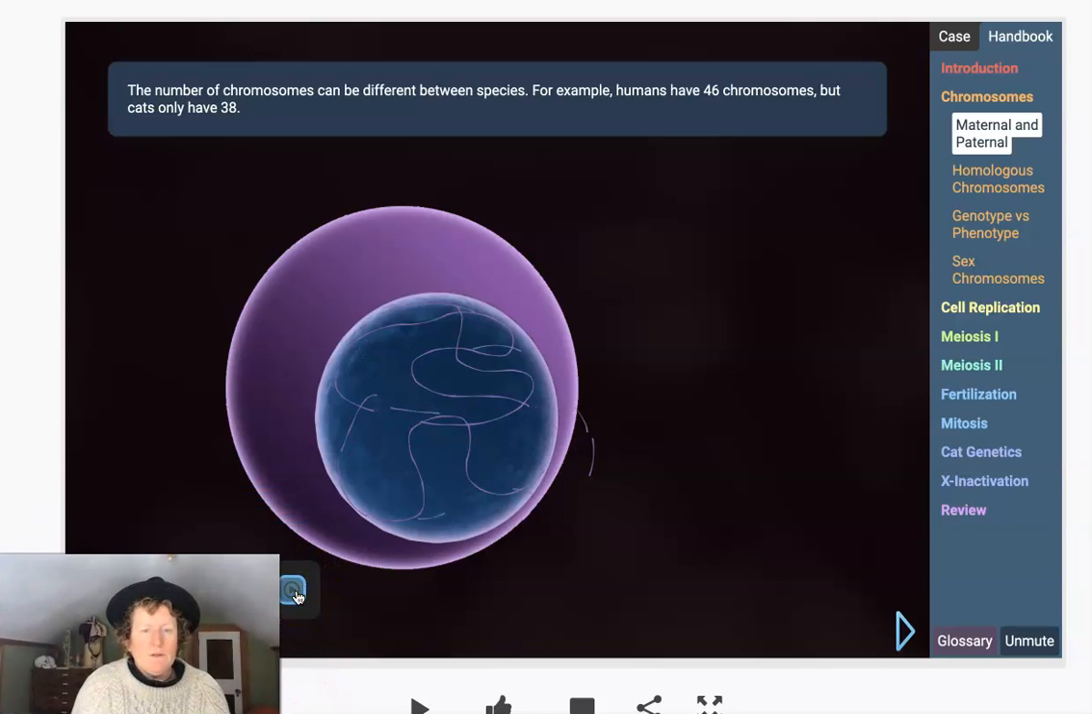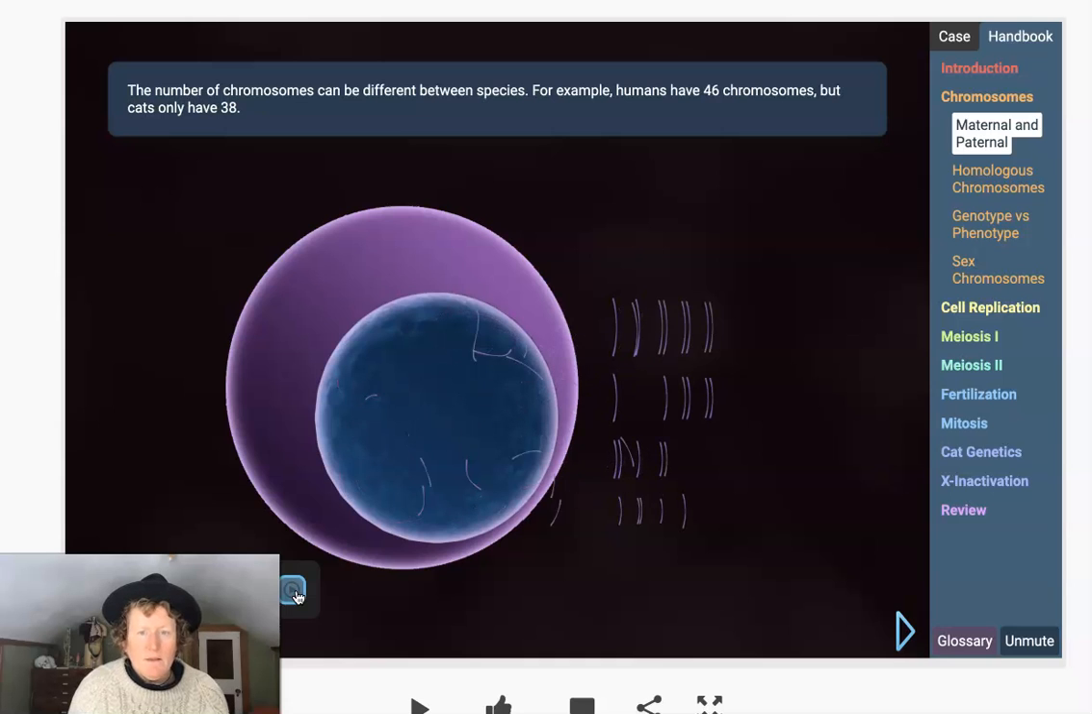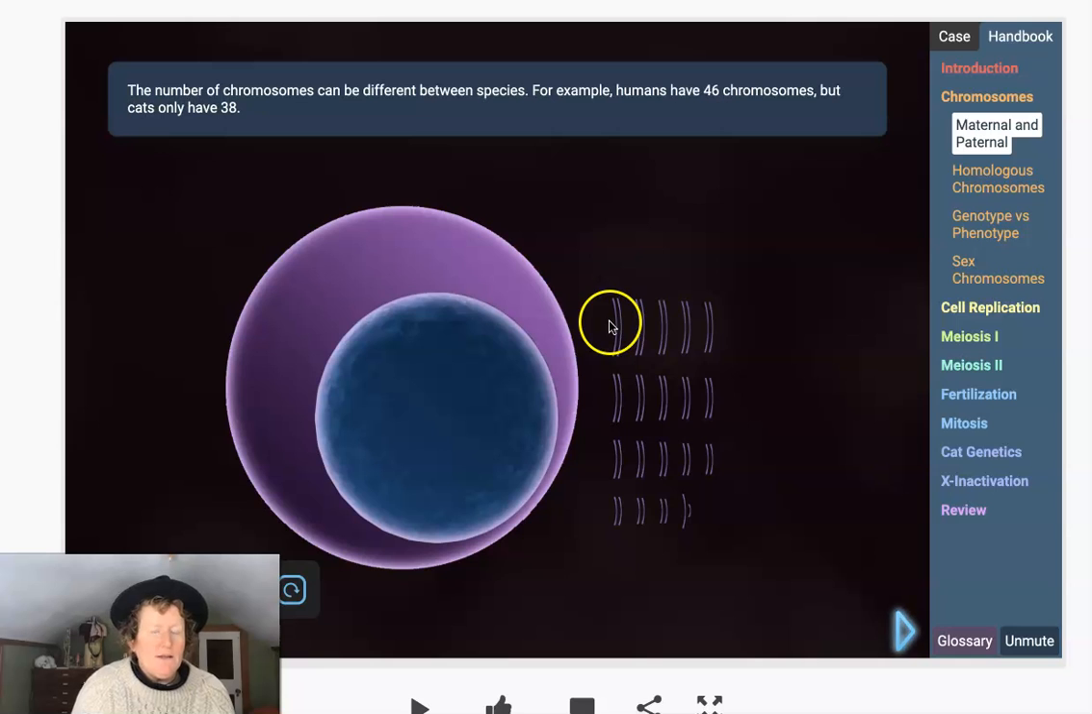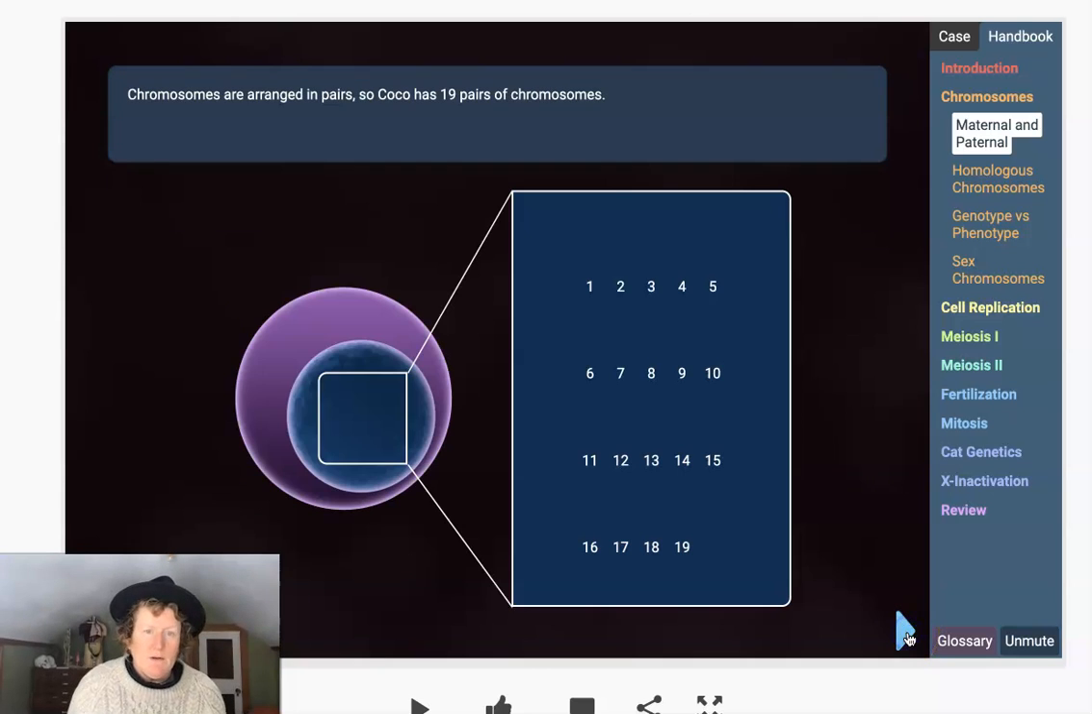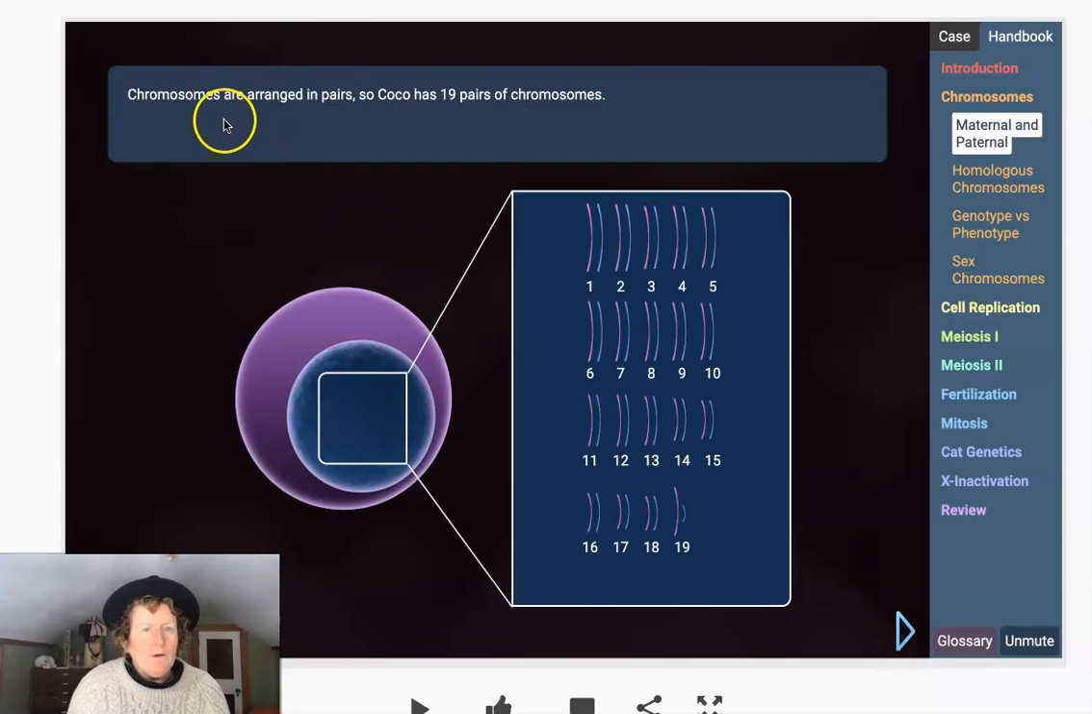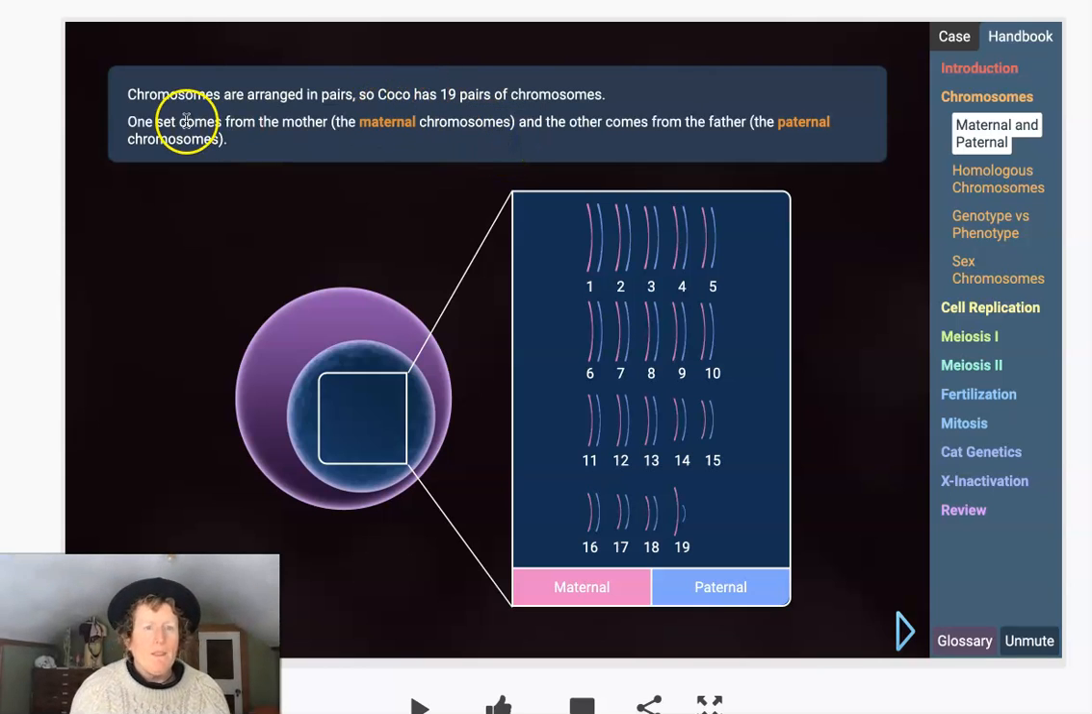Let's pull the chromosomes out of this cell. And we can see if we count, there are 19 pairs of chromosomes here in Calyx's cells, or any cat cells for that matter. Chromosomes are arranged in pairs, and Coco has 19 pairs of chromosomes. One set of chromosomes comes from the mother, that's maternal chromosomes, and the other comes from the father, the paternal